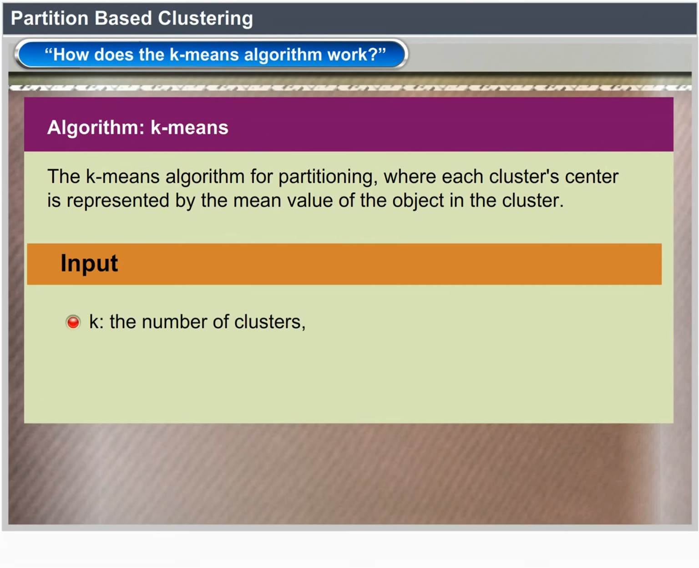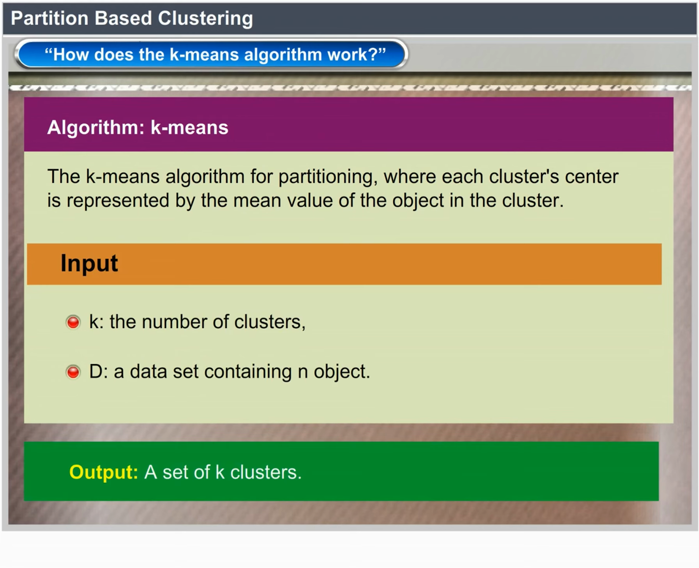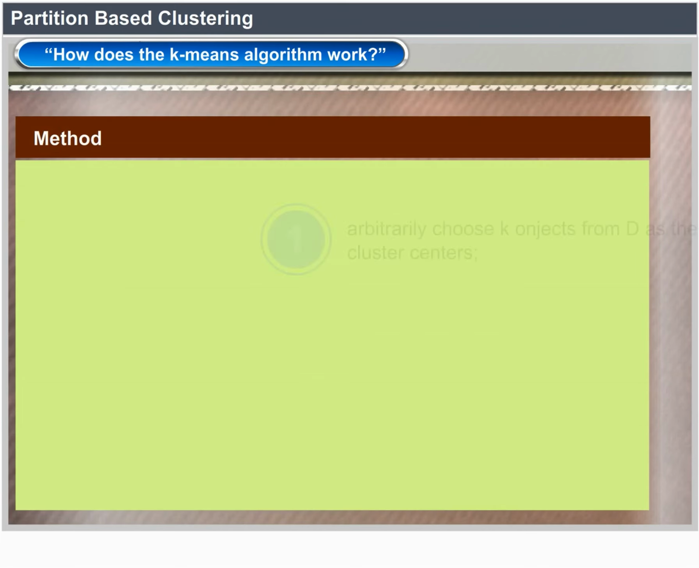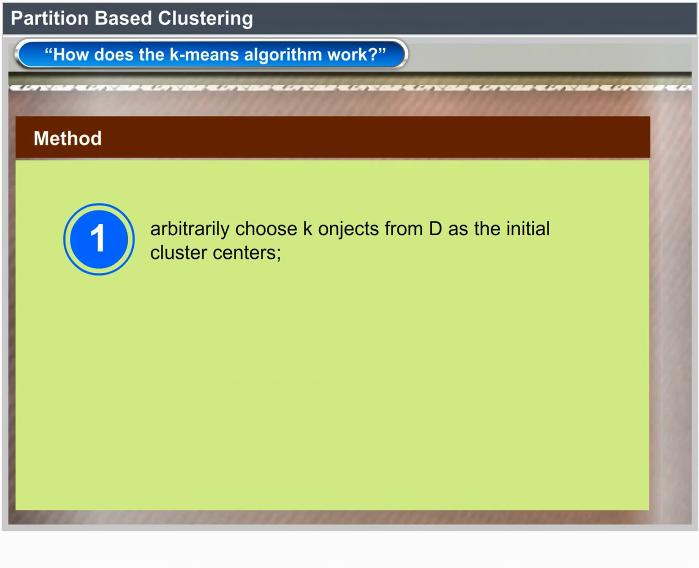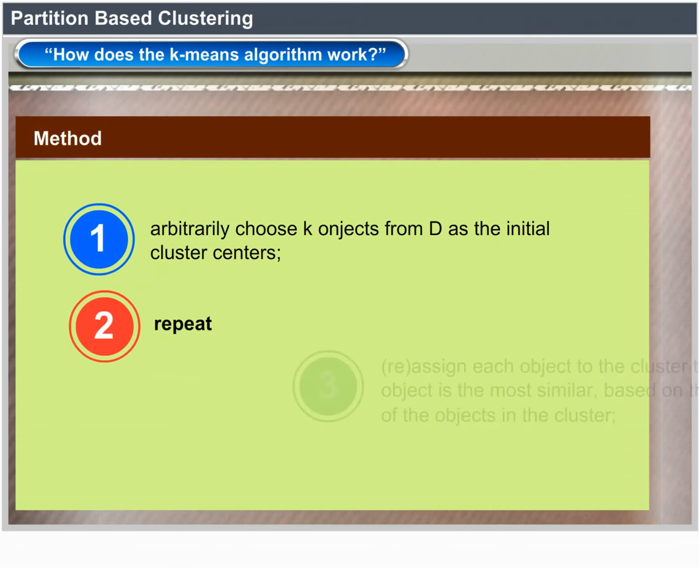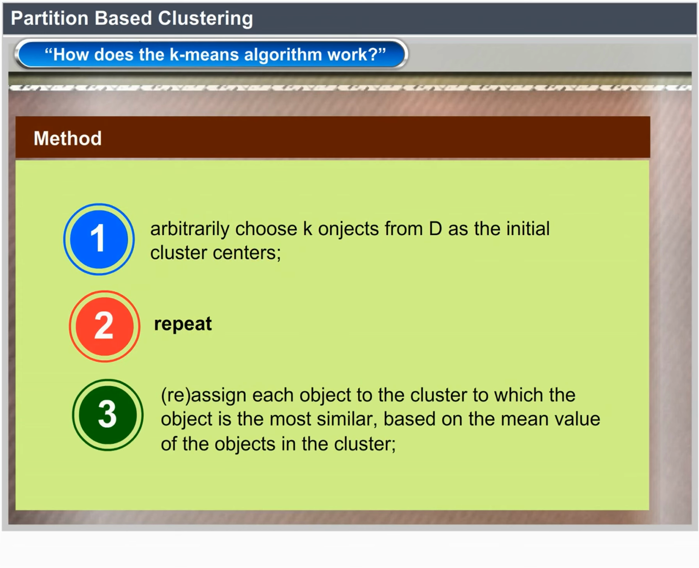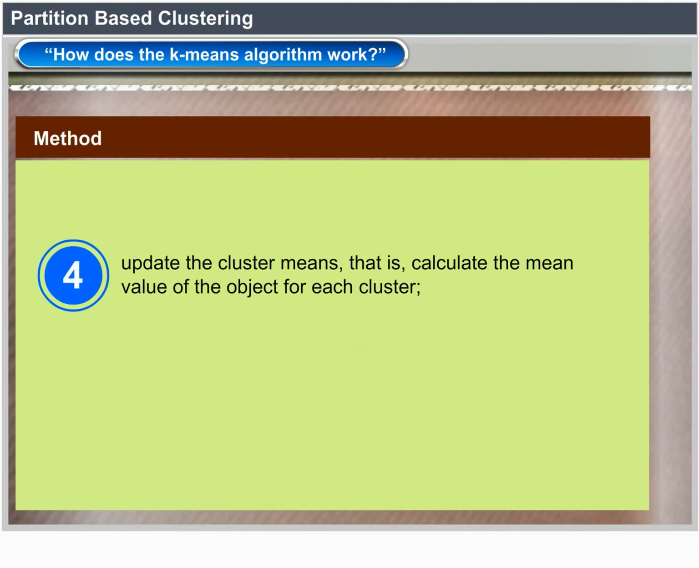Output: a set of k clusters. Method: arbitrarily choose k objects from D as the initial cluster centers. Repeat: reassign each object to the cluster to which the object is most similar, based on the mean value of the objects in the cluster. Update the cluster means, that is, calculate the mean value of the objects for each cluster, until no change. The process of iteratively reassigning objects to clusters to improve the partitioning is referred to as